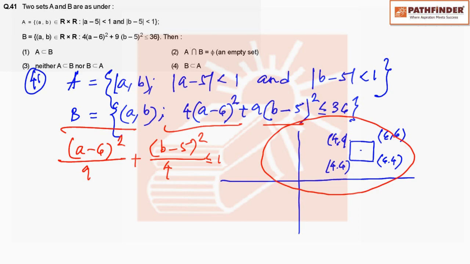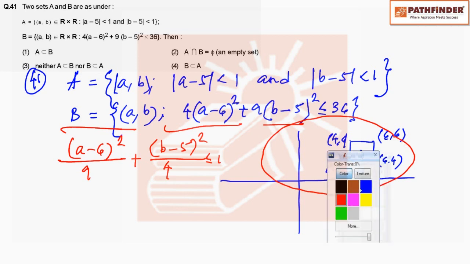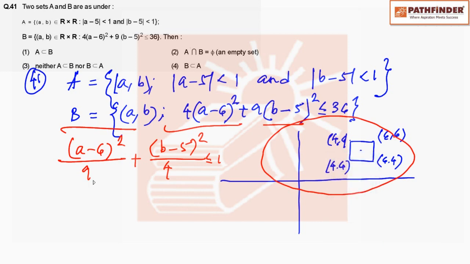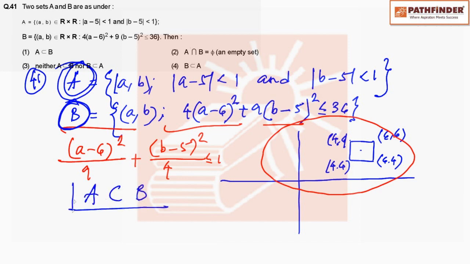This B has much more area and A lies entirely inside B. So A is a subset of B, because the points lying on A must lie inside B. So A is a subset of B. So answer is